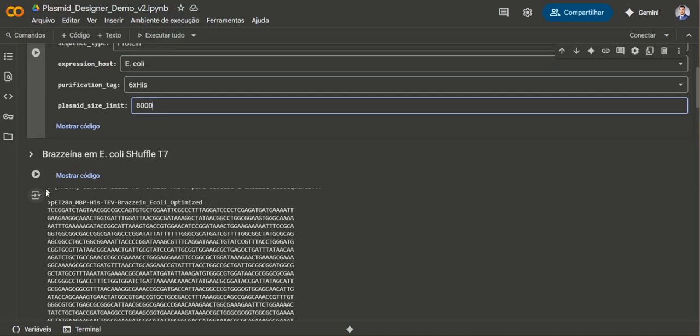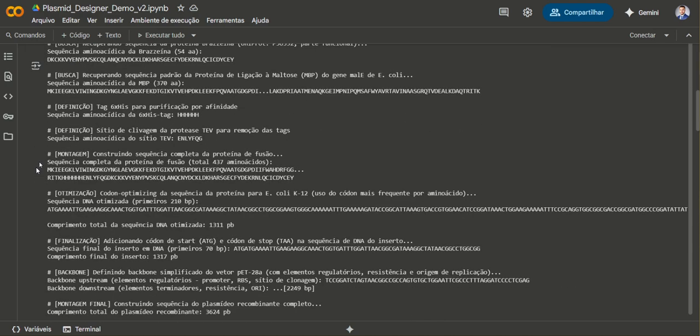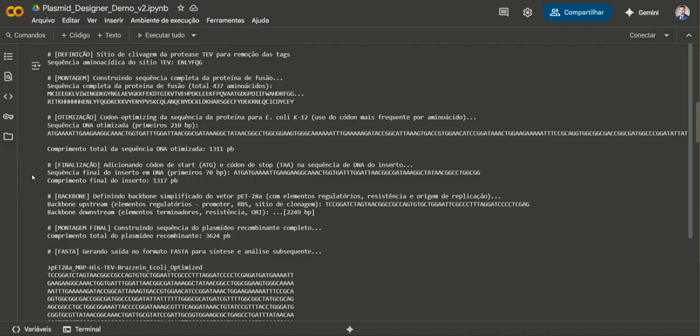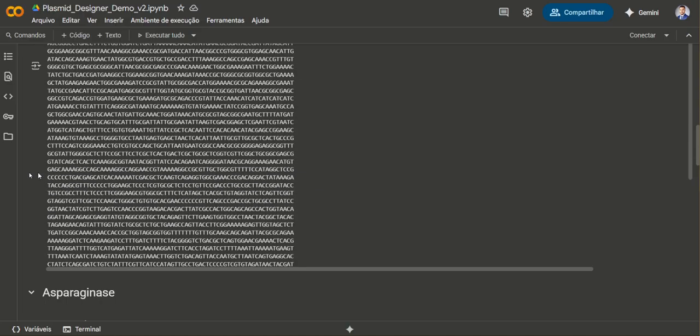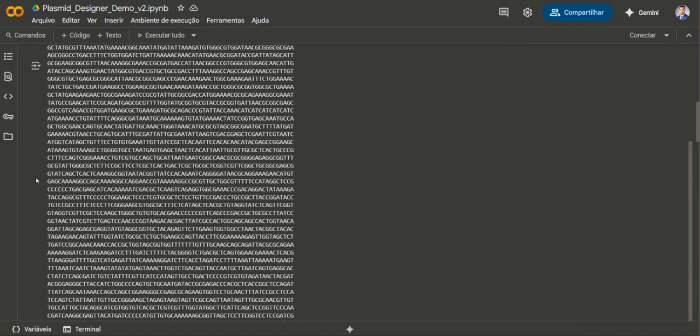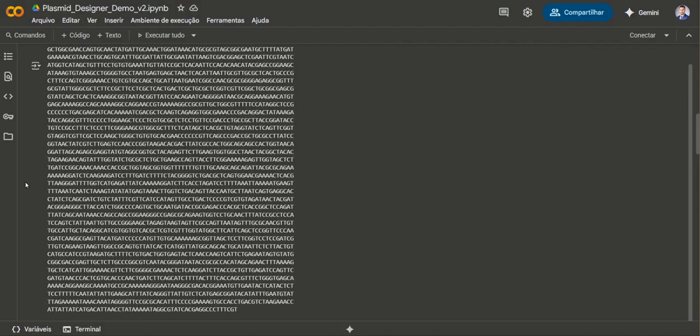So for the sake of efficiency, I already ran the model. Oh, I'm sorry. You can say, BioAgent. My apologies. It appears that the model has already generated the optimized DNA sequence for brazzein expression in E. coli, including codon optimization. The total DNA sequence length is 1331 base pairs, and the final plasmid recombinant is 3624